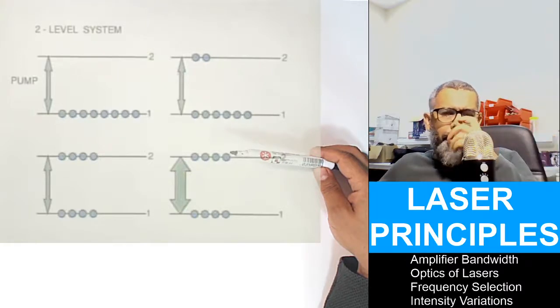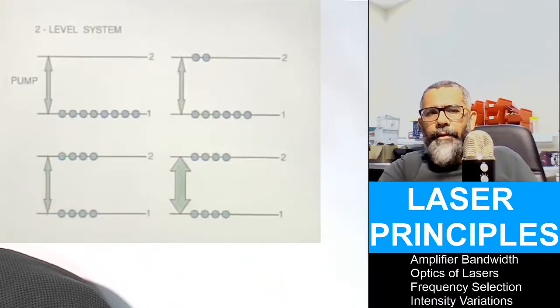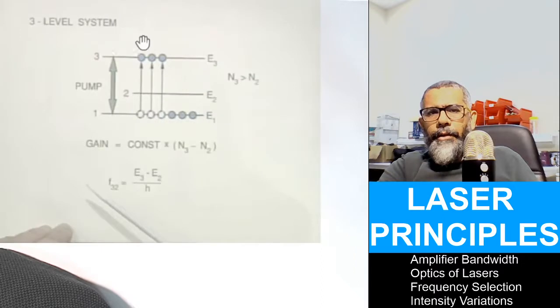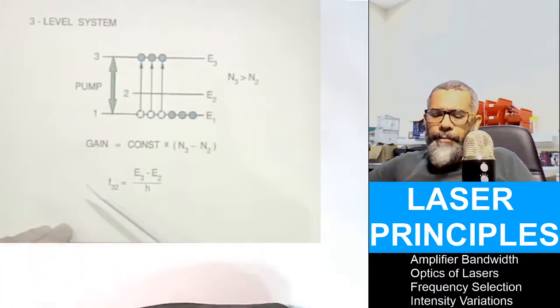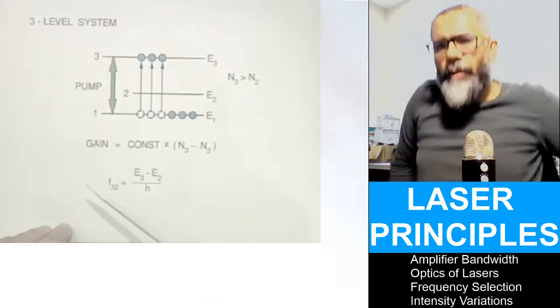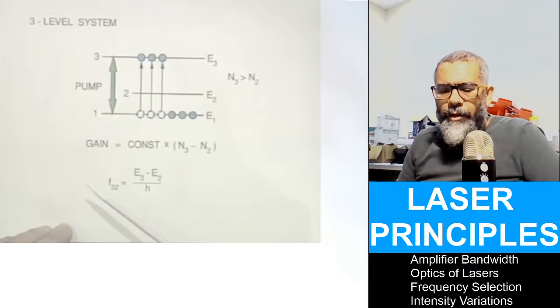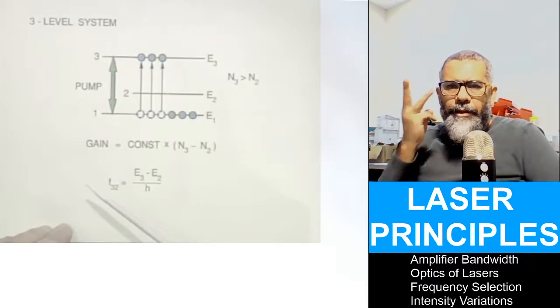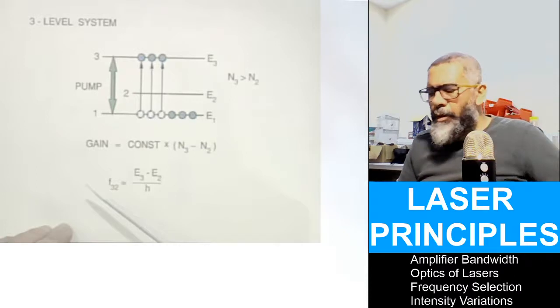So in order to build a laser, you must at least have atoms which have 3 energy levels. Okay, and this is one condition: in order to have a laser, as I said, you must reach a population inversion. But in order to reach a population inversion, you must have at least atoms which have 3 energy levels in your amplifier. So